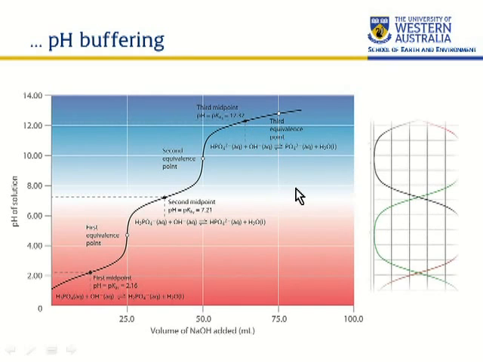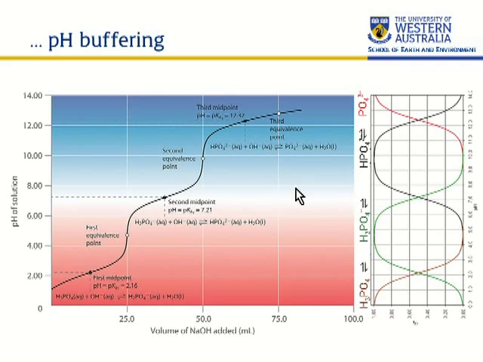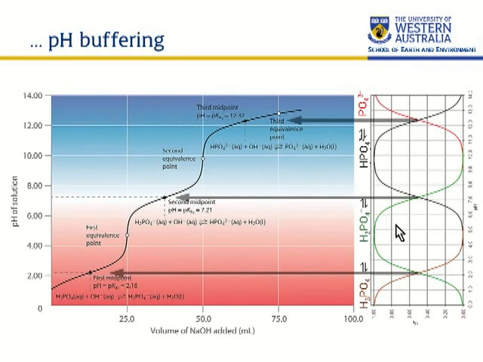So if we relate that to our curve turned on its side, we can see the buffering at those pHs. So hopefully the pH scales on each part of the diagram match somewhat. We can see buffering occurring there. Okay, so we'll